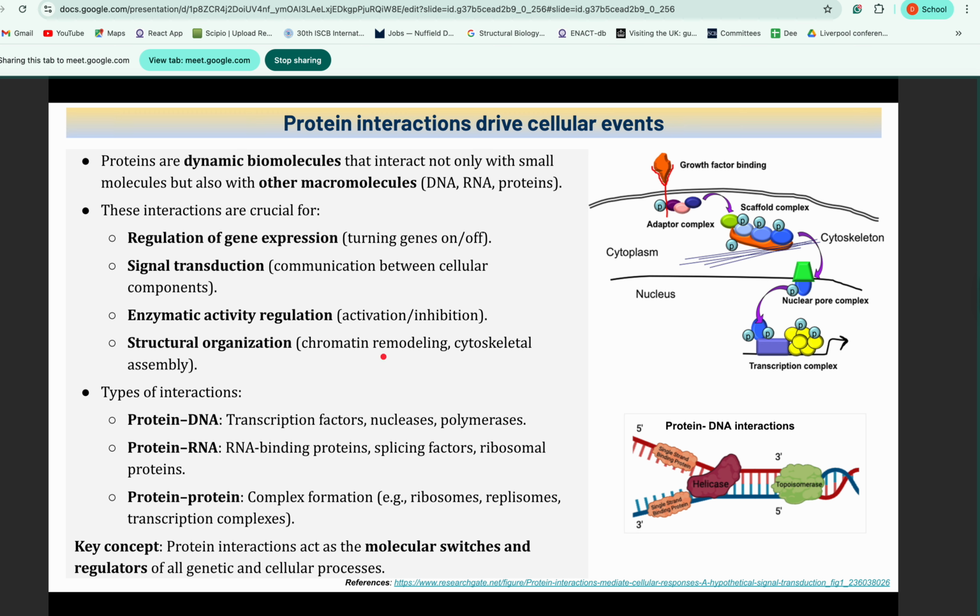They decide, for example, the histone proteins, which we have seen, how the DNA wraps around the histone proteins. If that wrapping around the histone protein is very tight, then the DNA will enter into the heterochromatin structure where it will not be able to express. Whereas if the genes need to be actively expressing, then histones will get deacetylated and they allow the particular region to get converted into euchromatin where the genes can easily express. So that kind of shift from heterochromatin to euchromatin structure comes under chromatin remodeling, in which it decides